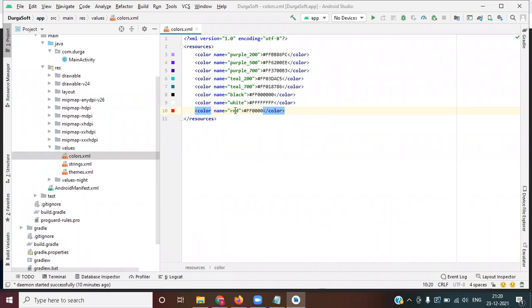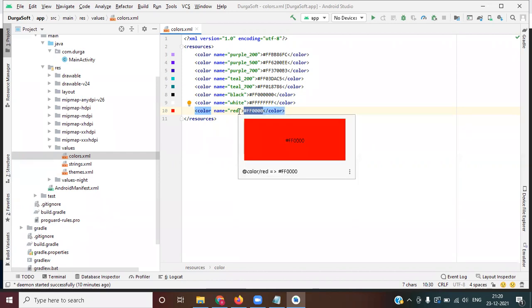Once I have written it here, in my XML, wherever I want, I can call it like @color/red. It will be easy for you every time, instead of writing this hard-coded value. So don't write hard-coded values in the XML files whenever you are designing, as that will impact performance. If you call it like this, that will be easy and it is dynamic.